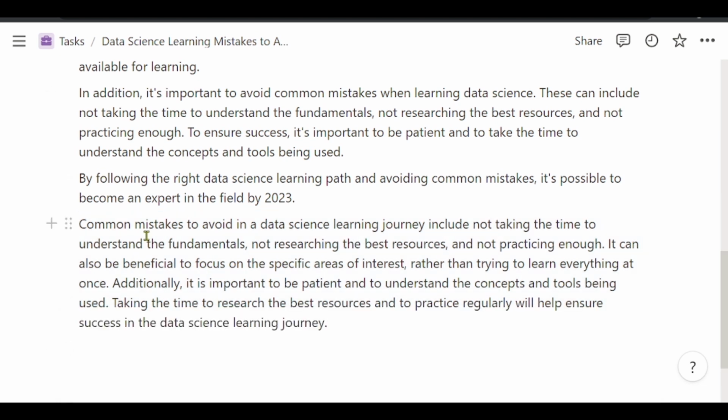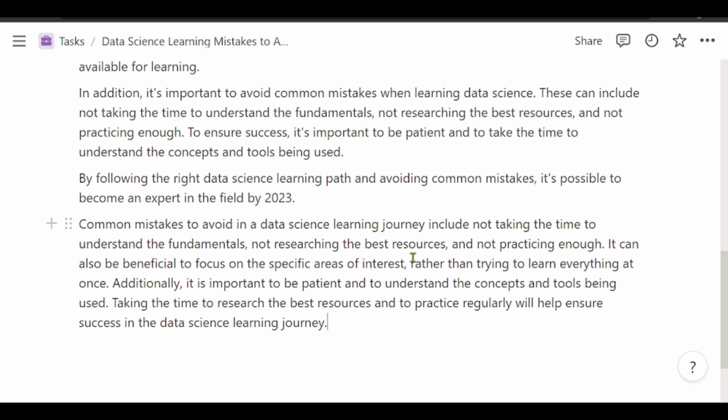So it says, common mistakes to avoid in data science learning journey include not taking time to understand the fundamentals. So when you are learning data science, you should take time to understand the fundamentals. You should take time to research the best resources, and you should practice enough.